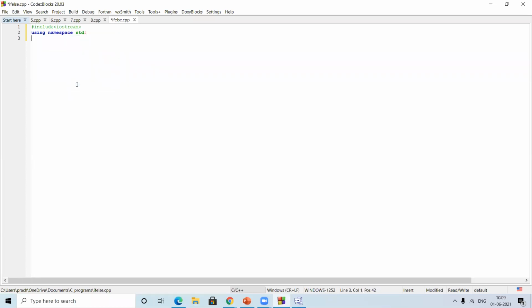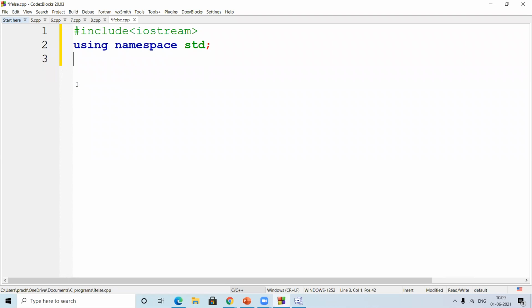Okay, I'll tell you. Nested if else means we write an if else, and if the condition is true, then there will be another condition to follow. So suppose we take a problem statement where we are going to write a program.